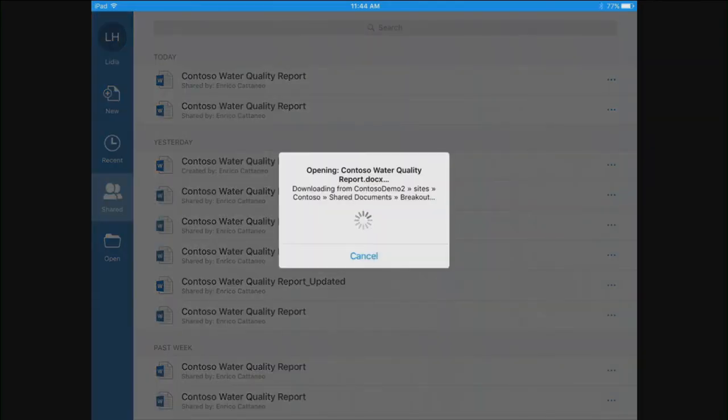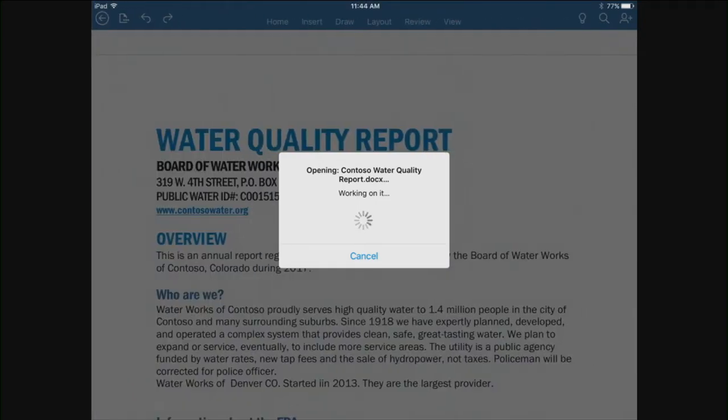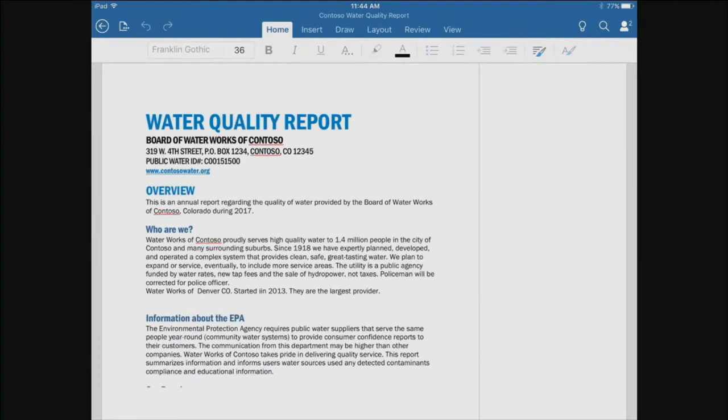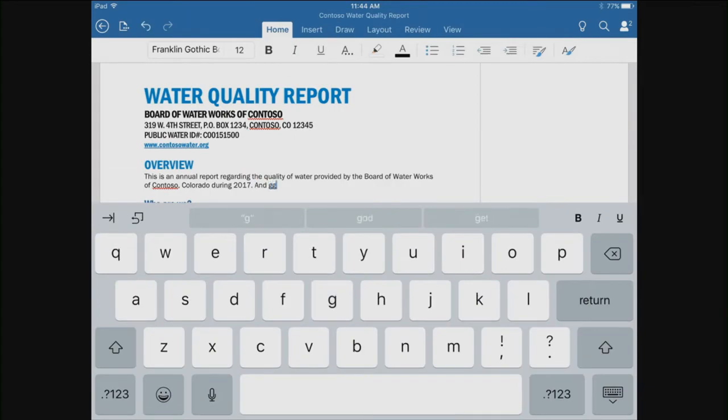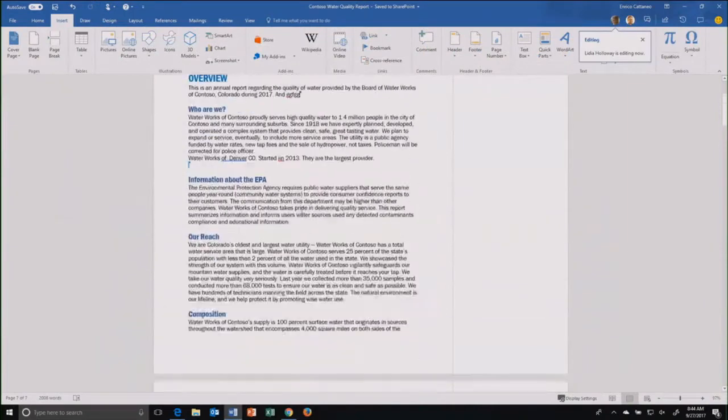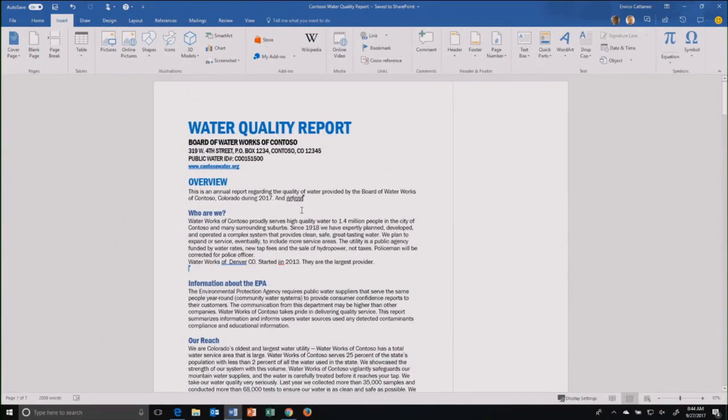All right, so I'm going to go ahead and open the document here. You'll see it actually showed up on my recent because it was shared with me right there. And I can start typing on it here. And I'll just switch all the way back to the top here. You can see where I'm typing. So as I'm typing back and forth, you can see the text here on the iPad, and then